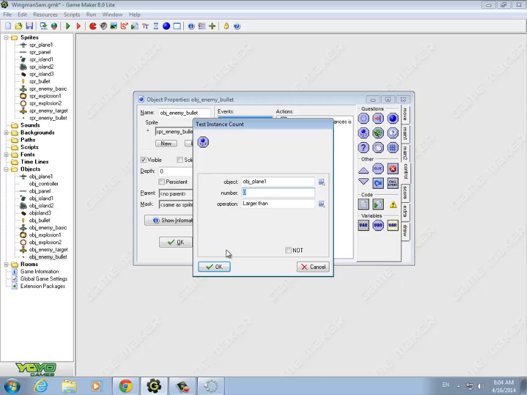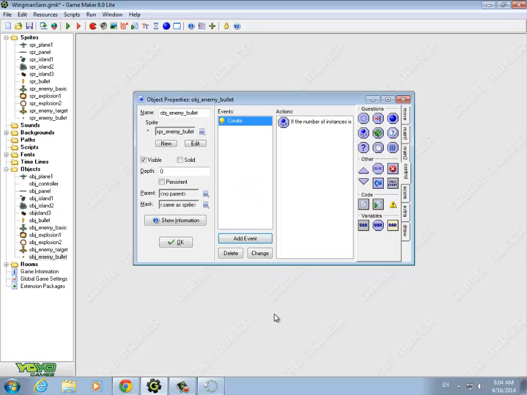So if it's larger than 0, I'm not sure why you would have 2 player planes. Maybe you do a power up that has 2. So if we leave it like this, it'll still work if you add a second player plane. So if there is at least one player plane on the map, then what we're going to do is,